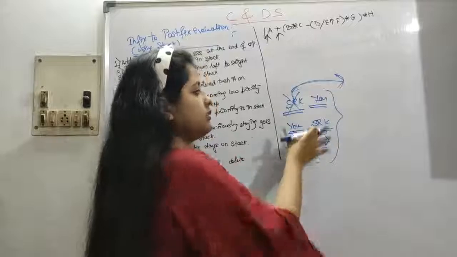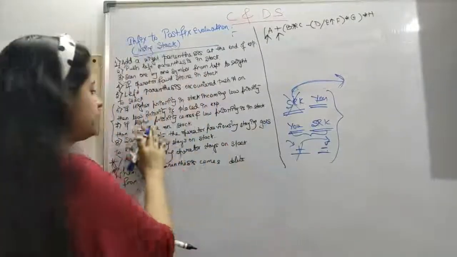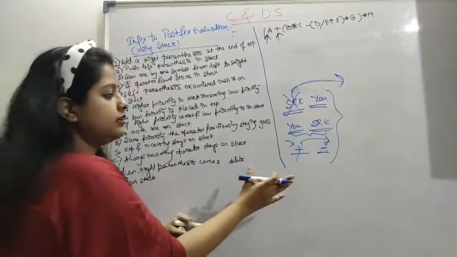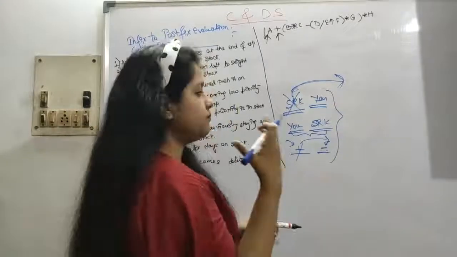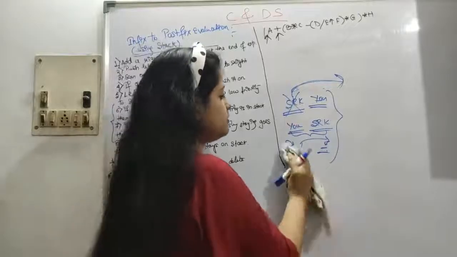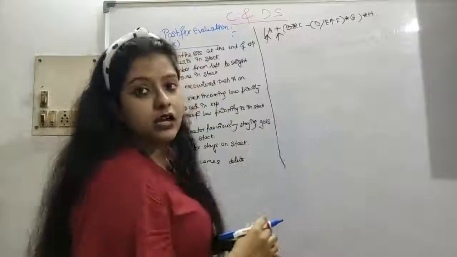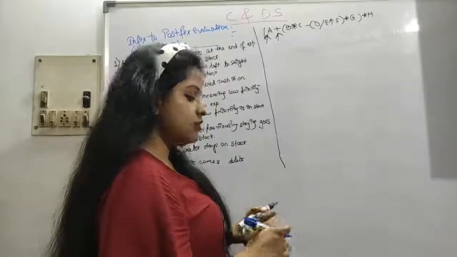This is something very important. Please remember this. This way you don't have to remember the priority table and all. In a shortcut way you can think like this, and you can do big expressions. These questions are asked in GATE. This kind of question is very commonly asked in GATE.